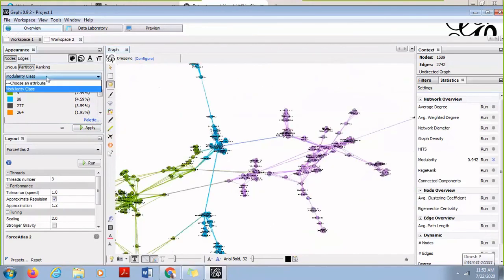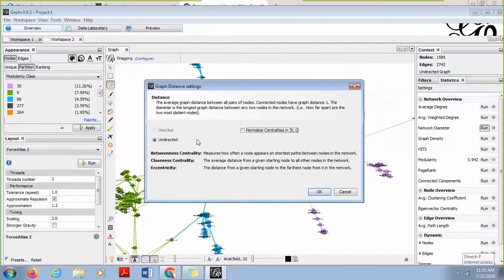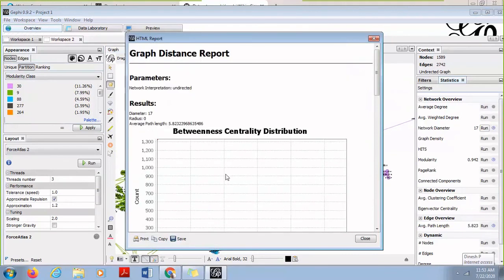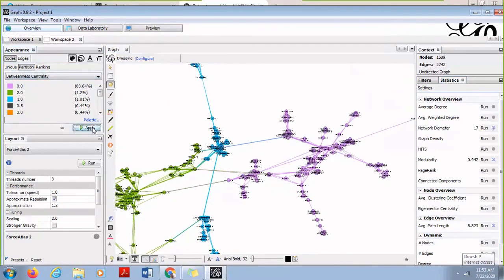Also, I can apply network diameter. When I apply network diameter and say OK, I got a diameter of 5. So I will check for the betweenness and then apply it. When I observe this,